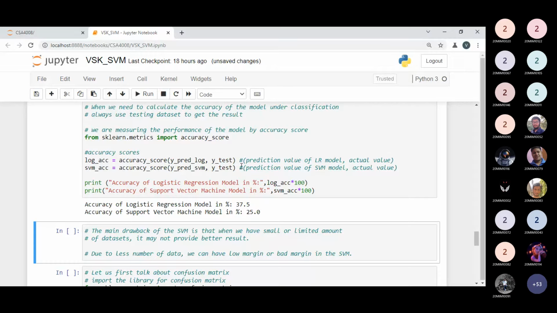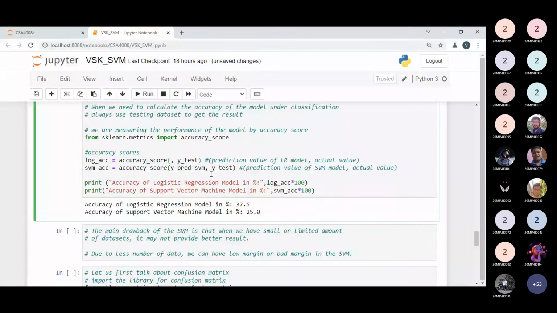Now is it clear to all right now? Yes, tell me, is it clear to all? Yes, sir. Excuse me, what will happen if we swap the y_test and y_pred_log position? Okay, yes, y_test. I can understand this point. No issue. Whatever you want to do, you can update. I can update it in front of you.